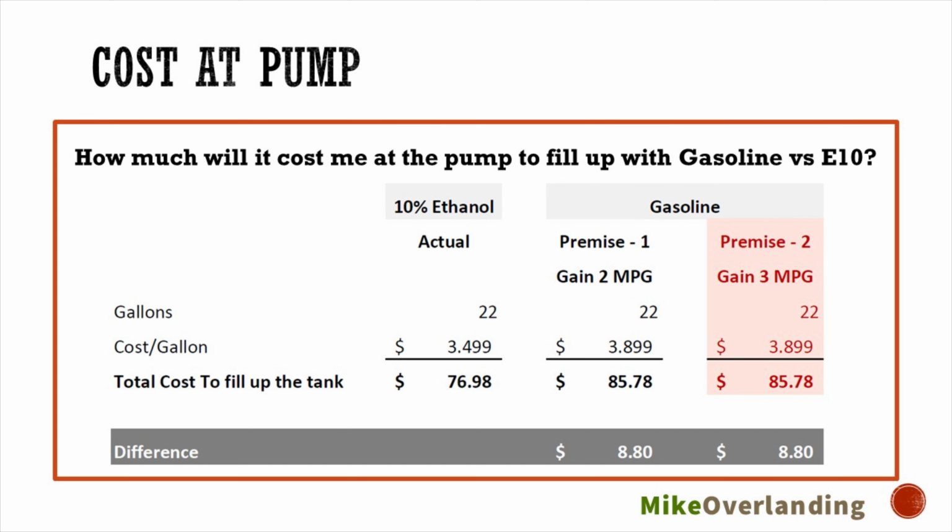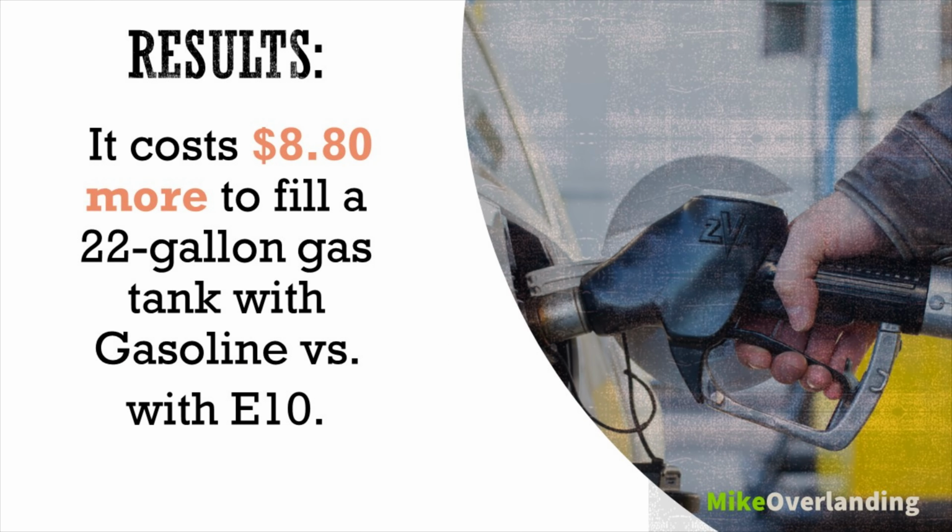You may recall that premise 2 is a gain of 3 miles per gallon over E10. And as you can see, the price of that gasoline is exactly the same. To no one's surprise, it clearly shows that it is less expensive at the pump to purchase E10 than it does gasoline. And we needed to record the total cost to fill up the tank. And as you can see, it's $8.80 more expensive to fill up a tank with gasoline than E10